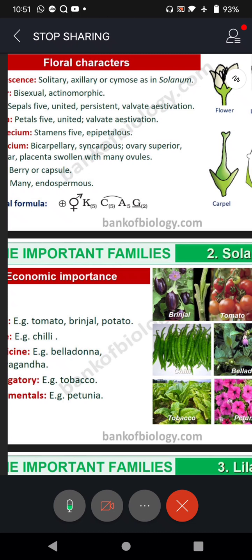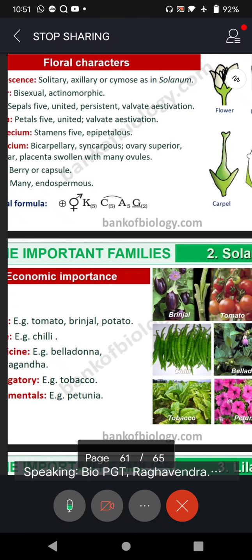So in floral formula, we write briefly using the symbols. So Solanaceae family can be described like this. What is that? 0 with plus. That means, all of you know, it is an actinomorphic flower. 0 with arrow mark and down plus, bisexual. And K means calyx. And how many sepals are there? 5 are there. So we put K with 5 below it. Are they united? Yes, they are united.